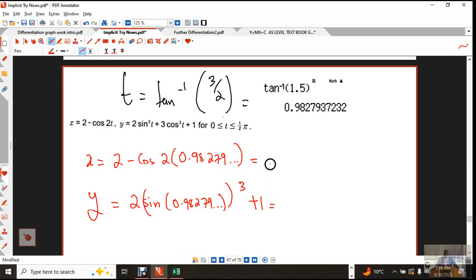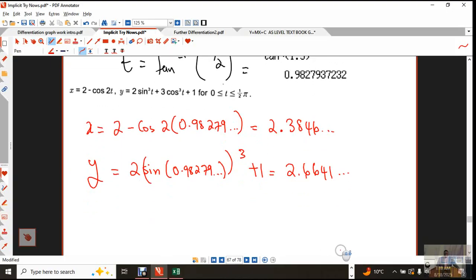Okay. Now, if you were to calculate it, I did. This one is going to give you 2.3846 and so on. You can always do it on a calculator and see if you arrive at the same solutions as I do. And this one is going to give you nothing but 2.6641 and so on. So the coordinate of the minimum point,